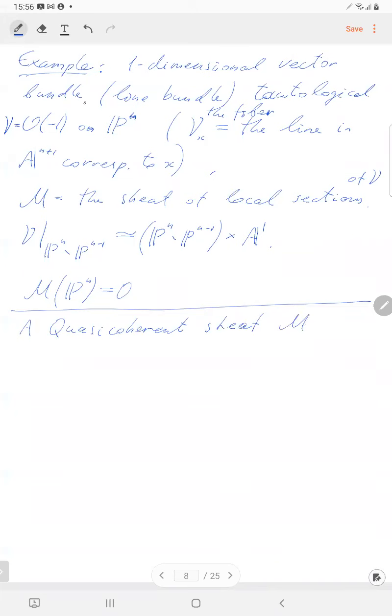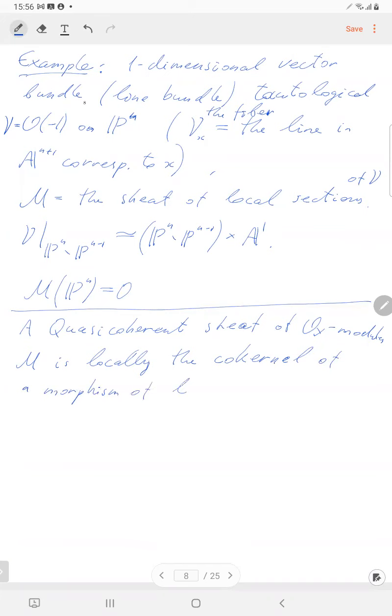Again, M, a sheaf of O_X modules, is locally the cokernel of a morphism of locally free sheaves. So in other words,